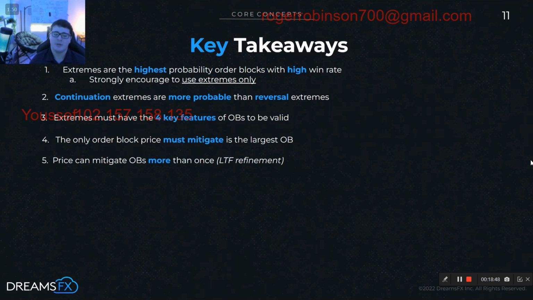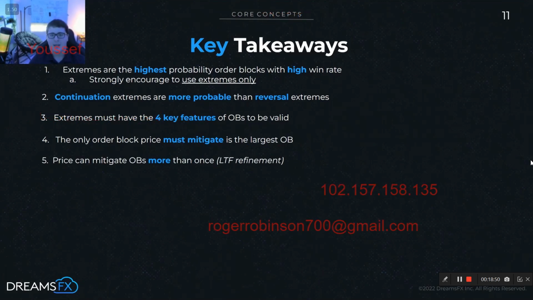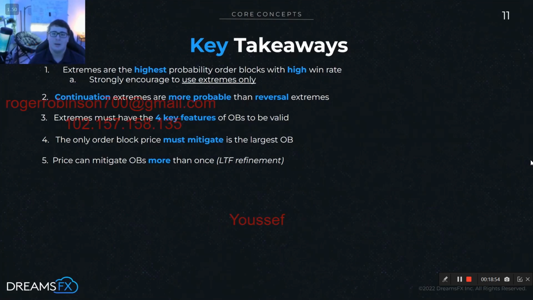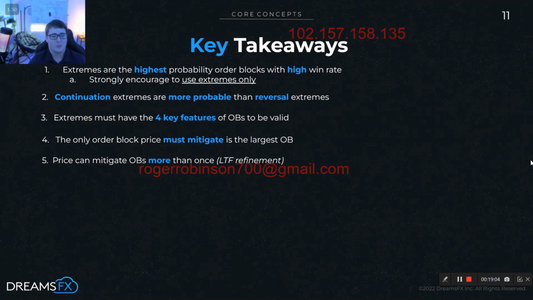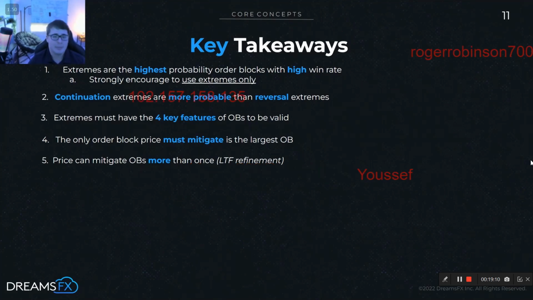We also discussed that price can mitigate order blocks more than once. It can come to an order block, mitigate it successfully, and then it can run away, like we just visited. But it can also come back inside of the order block that was previously mitigated. And in this instance, that occurs when there is a lower time frame refinement within our extreme that is left unmitigated. So like we just talked about with the 4th one, if you have your 2 hour order block and it ends up being mitigated and price runs away,